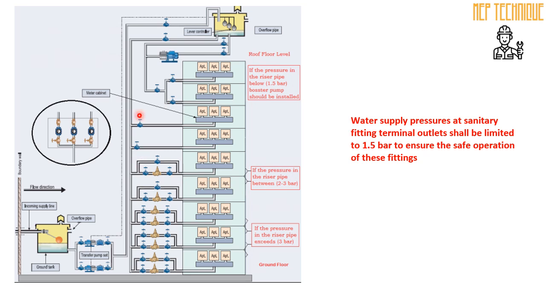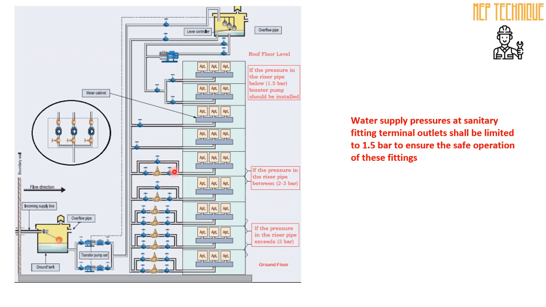As you know, gravity pressure is not the same for all floors. If you get, as an example, 5 bar here, you will not get 5 bar here. You may get 7 bar, 8 bar, because if the distance is increasing, then the gravity pressure will increase simultaneously. That's why we need to